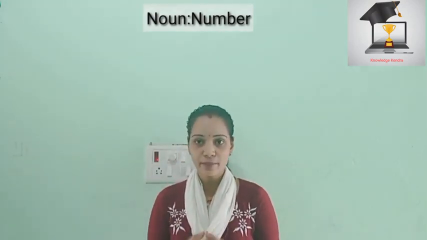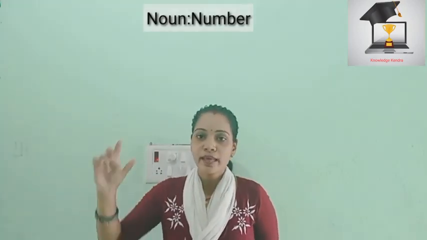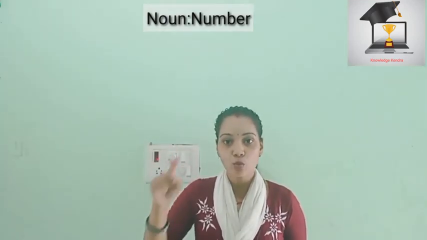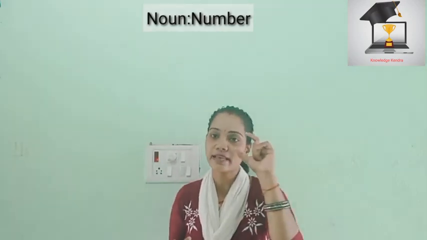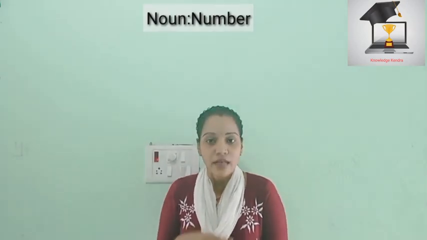The best example is baby, B-A-B-Y. The y will be removed and ies will be added. That is correct, babies. But you will have to remember one thing: the word ending with y will take ies only when there is a consonant before the y. And if the word is ending with y and before that y there is a vowel, then that word will not take ies.